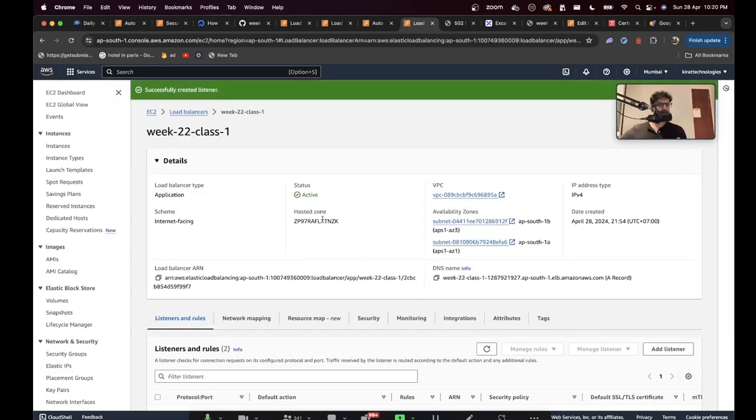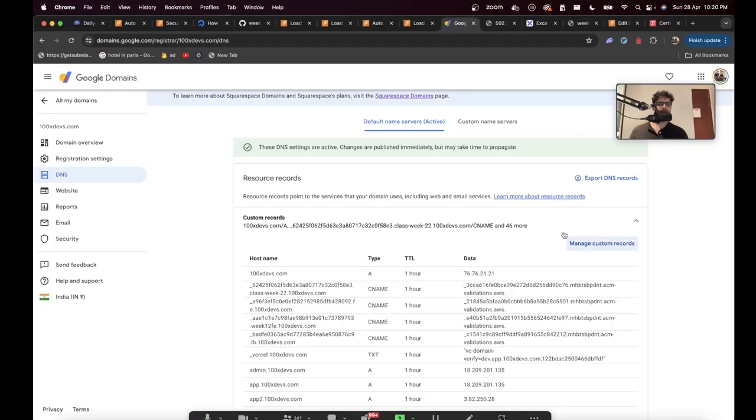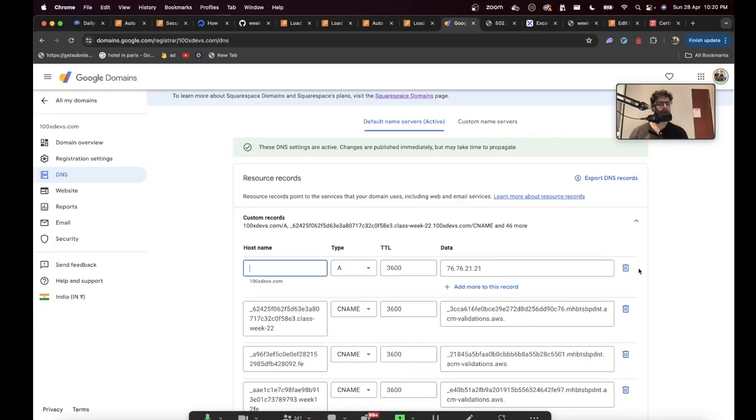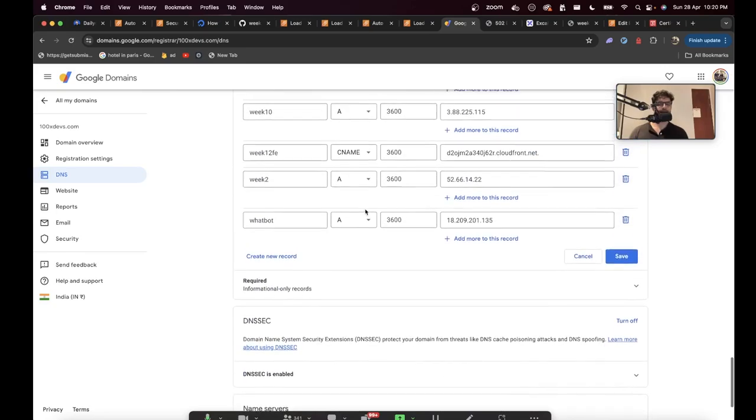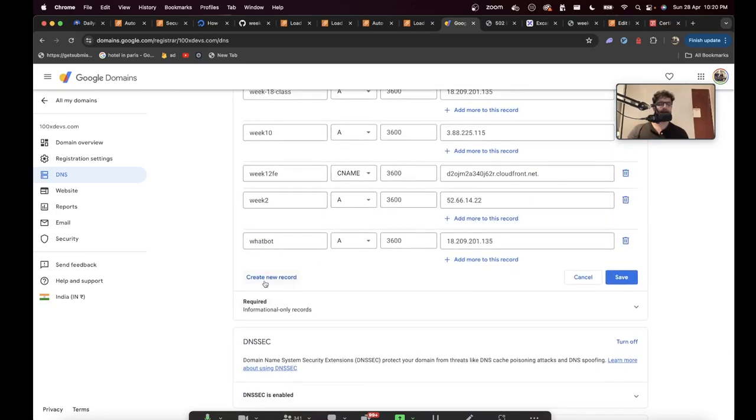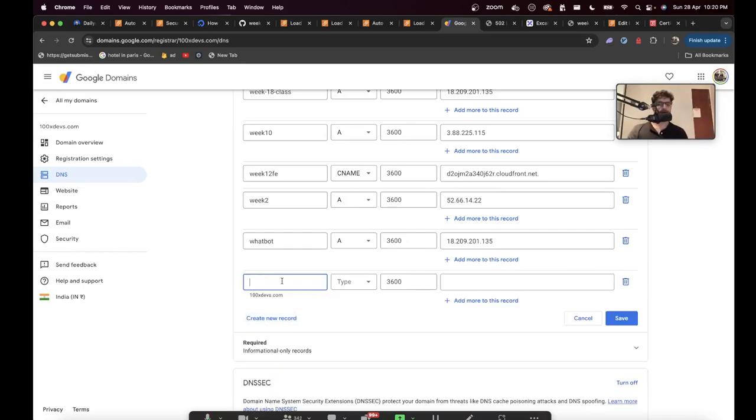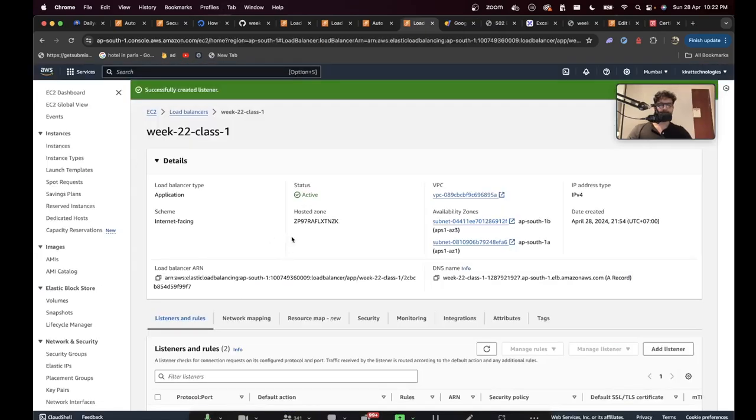Now, can you guess the last thing I have to do? I still have to go here and add one more record. This record that I added, the one that you saw a while back, was for proving to AWS. I can delete that record. That's not needed anymore. What is needed is this actual domain, which is,